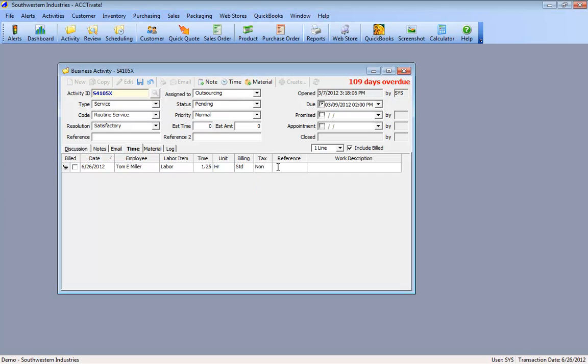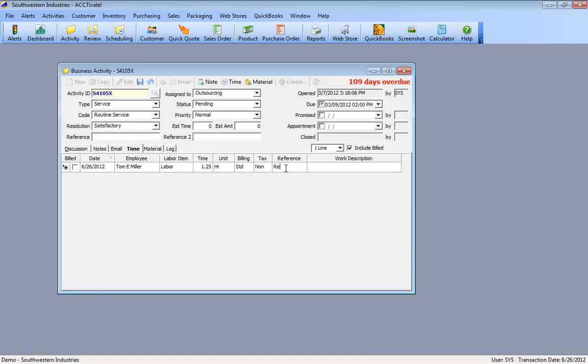Tax is a little complicated. Most companies are not doing tax for labor in the U.S., but you do have that if you're doing it as a part of a package sale. The tax code comes from the product record. So set up the labor code and you'll dictate the default tax handling. Reference can just be used for any short code. I think it's 20 characters. So what we do, just as a suggestion, is put in a code, like a labor code or something simple. In addition to labor item, you might say,